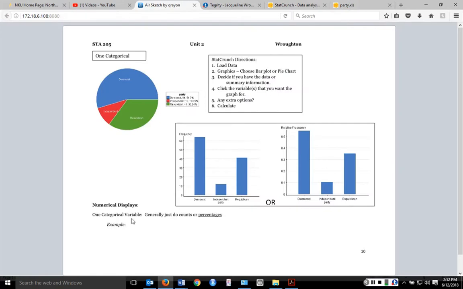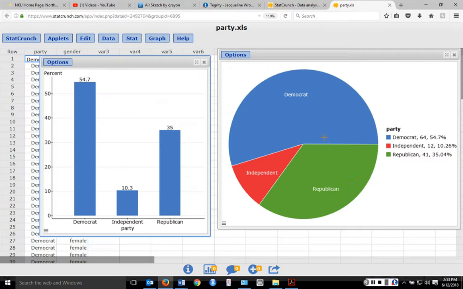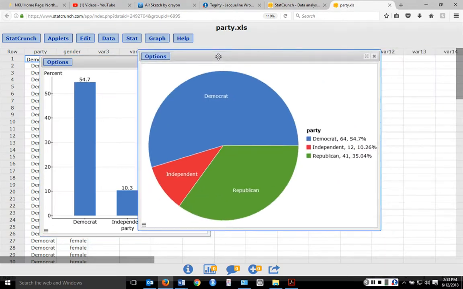Then we're also going to talk about numerical displays. So how can I numerically summarize my data? Well, there's two different ways we talk about that with a categorical variable. We have counts or percentages. And I'd say for the most part, people prefer their percentages because, again, it's always out of 100%. So if I did this for my example, and I'll base this upon my pie chart that we have here, I could say that of my 117 people sampled,